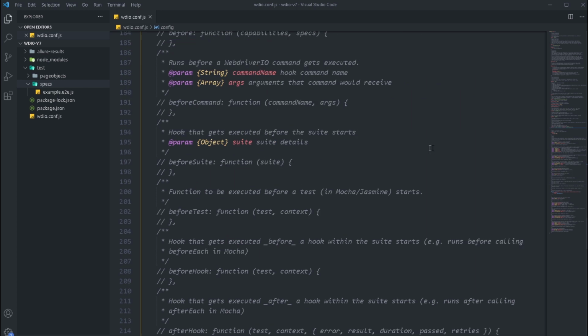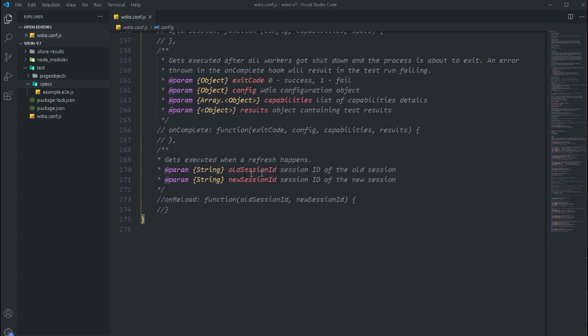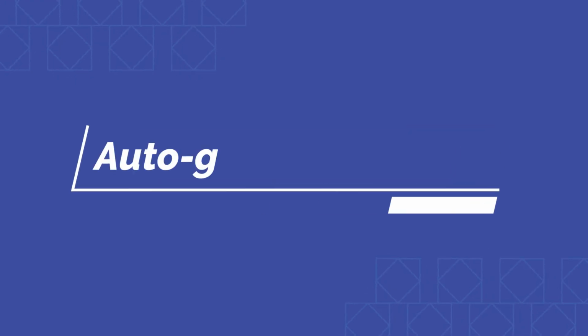And if I go all the way down, we have a bunch of hooks, and these are all commented out code, except for this one, which is for Allure. And we will look into this also shortly after. And then we have some other code related to the hooks that are part of WebDriverIO. So that's pretty much it in terms of our configuration file for WebDriverIO. And this is everything that we have set up when we just ran our WebDriverIO CLI config command. Now let's take a look at the test that we ran.